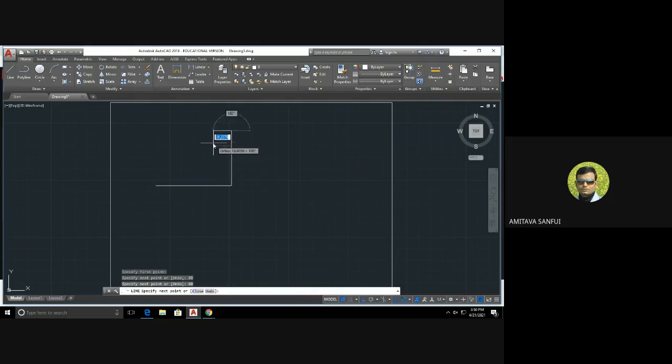Then I move my cursor to the left and press 80, and the line will be drawn. So 3 sides of a rectangle have been drawn. Now to close the rectangle, I can type C. C stands for close, and enter. See, a closed rectangle of 80 by 60 has been drawn.